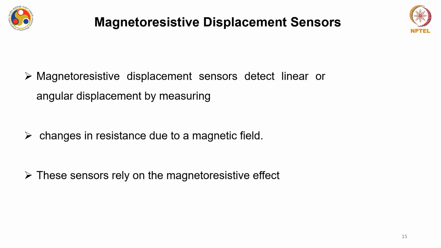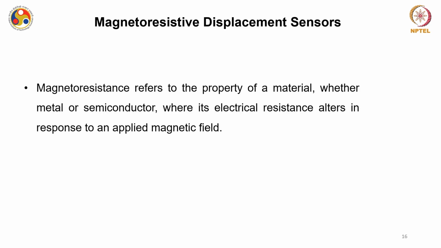A magnetoresistive displacement sensor can be manufactured for detection of both linear as well as angular displacement, and it measures based on the magnetoresistive principle, which is the change of resistance of a material due to an external magnetic field. This is not present in all kinds of materials, so you have to have a specific kind of material which shows magnetoresistive